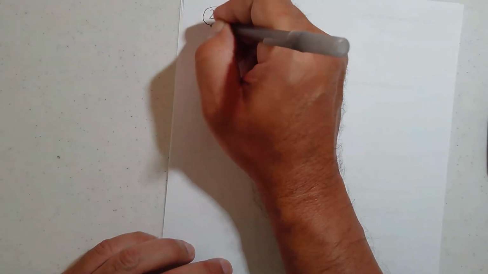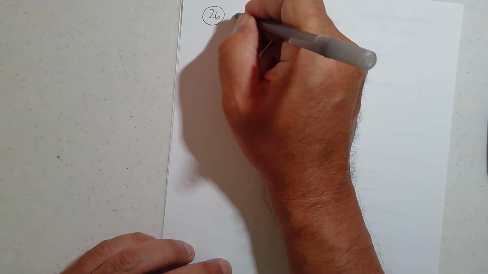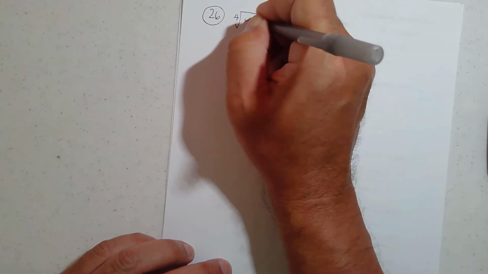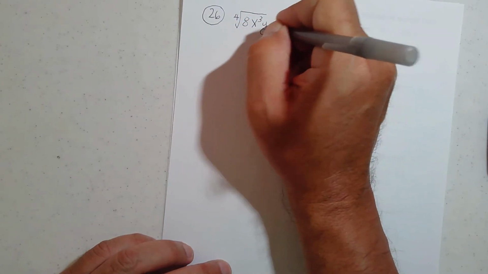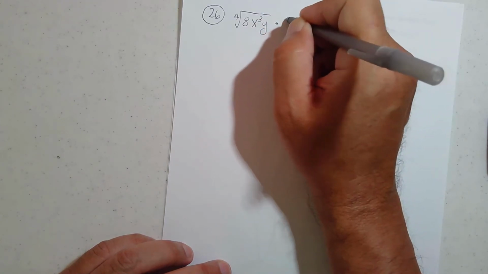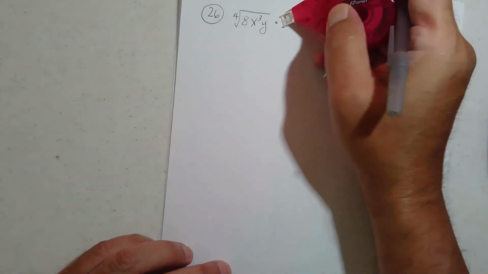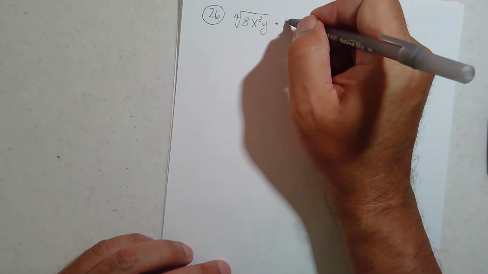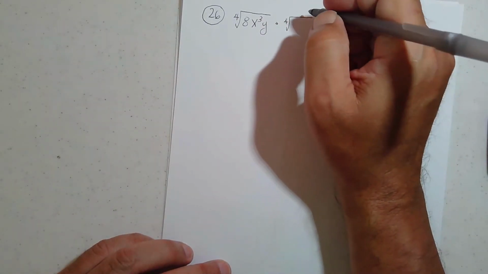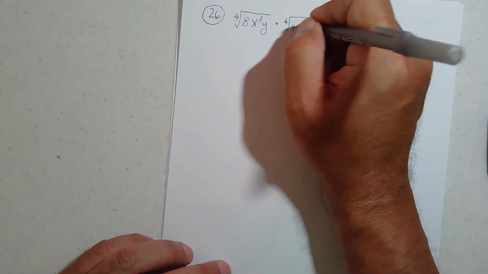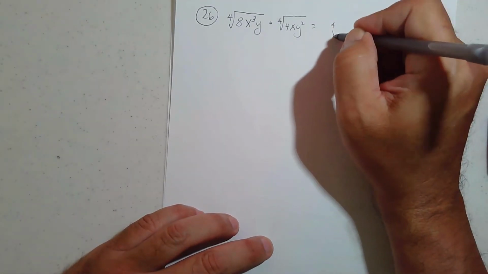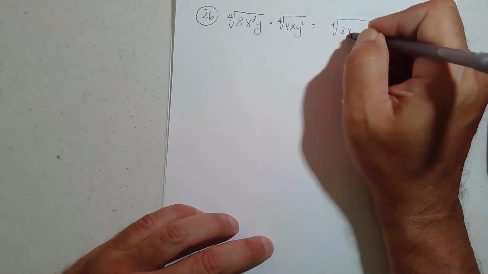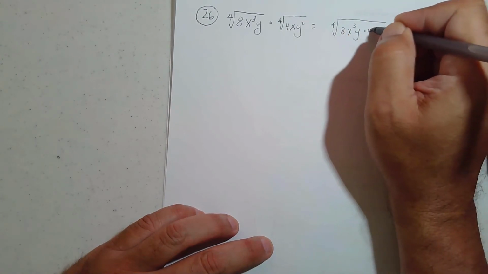Okay, so let's go ahead and look at 26. Fourth root of 8x to the third y to the first times the fourth root of 4xy squared. So this would be the fourth root of 8x cubed y times 4xy squared,